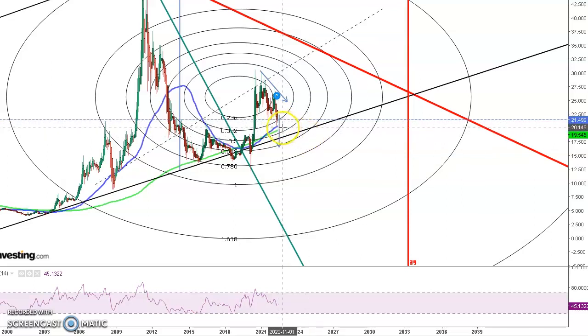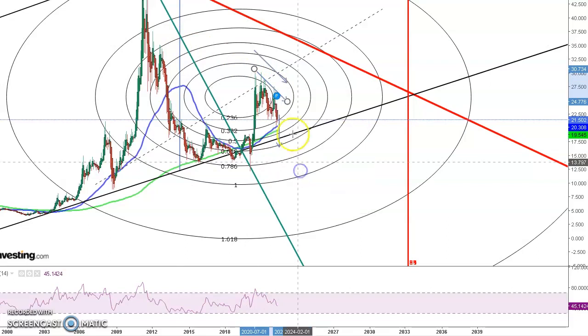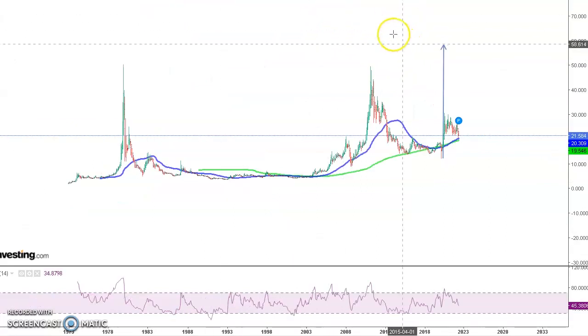Once that happens, this is what's called a flag pattern. So back this video up, you want to look up what's called a cup and handle, and you also want to look up what's called a bullish flag. This is a bullish flag, meaning that the flag is basically a period where everybody sits around deciding what they're going to do. You have the dumb money coming in, and everybody's getting worried. Essentially this is what's called a descending wedge, and the upside of a descending wedge is higher, okay? So going back to that measurement I showed you previously, where 60 bucks is in the cards without even thinking about it,